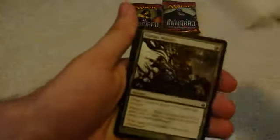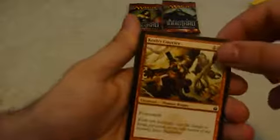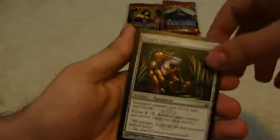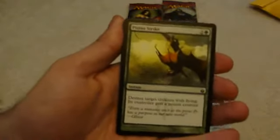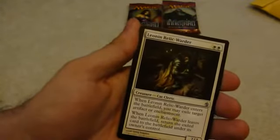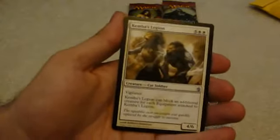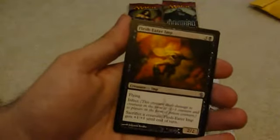And Battlecry, of course. So we have a Master's Call, a Mirran Metal, Burn the Impure, Koth's Courier. They made a series of couriers, one for Koth, one for Glissa. Copper Carapace, Phyrexian Rager, Horrifying Revelation, Pistis Strike, Rusted Slasher, Spread the Sickness. Our first uncommon is Leonin Relic-Warder, like a Fiend Hunter for artifacts. We've got a Kemba's Legion, a Flayer Imp, which was a complete bomb in Limited, and our rare is